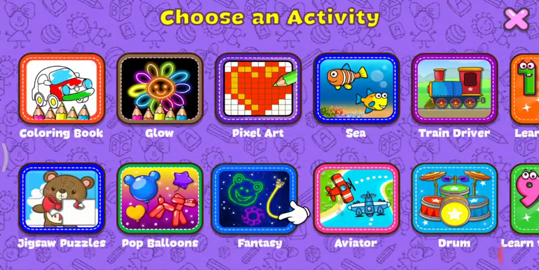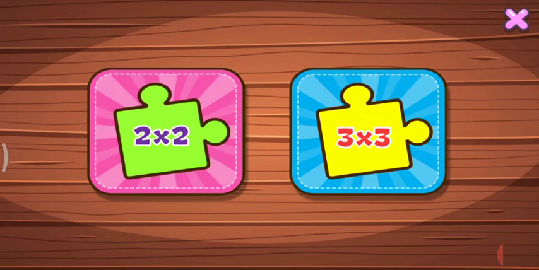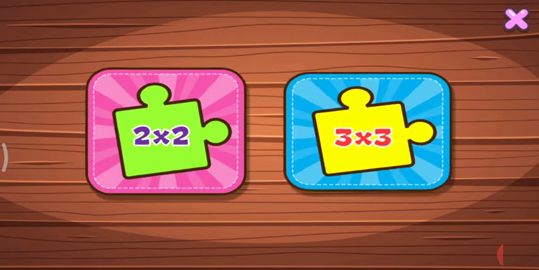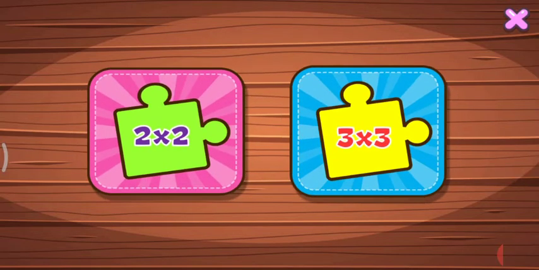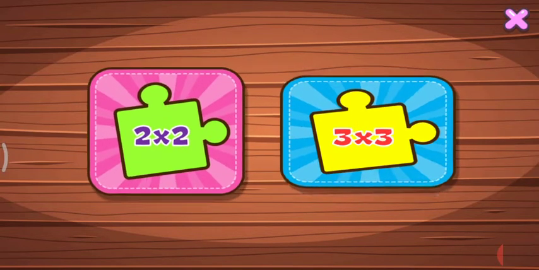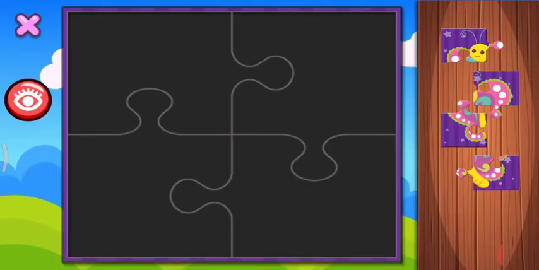That is jigsaw puzzles. Here we can find 2 categories: 2 multiply 2 equals 4 pieces and 3 multiply 3 equals 9 pieces. You try both. Let's try one by one. The 4 pieces are given. Place the pieces in the correct place, children.